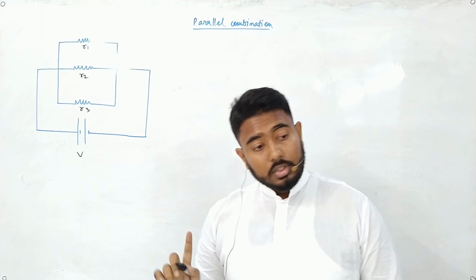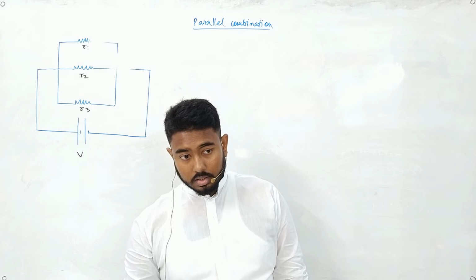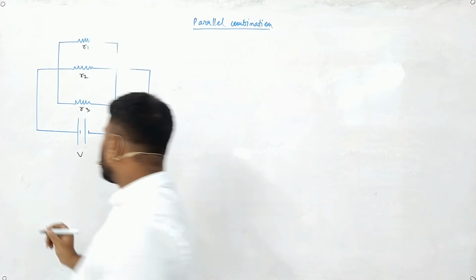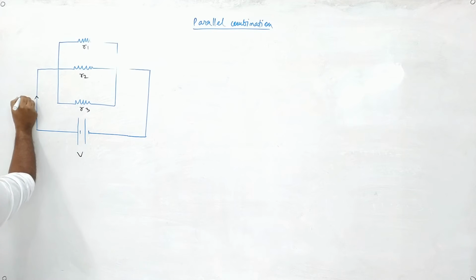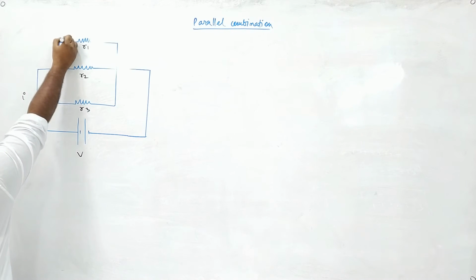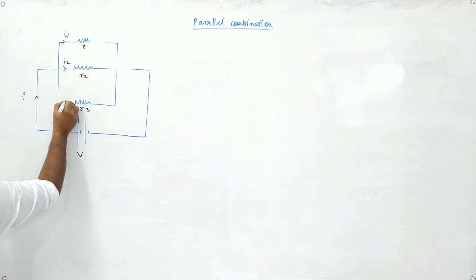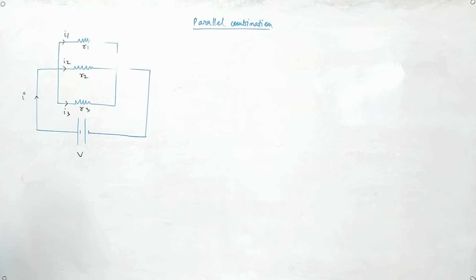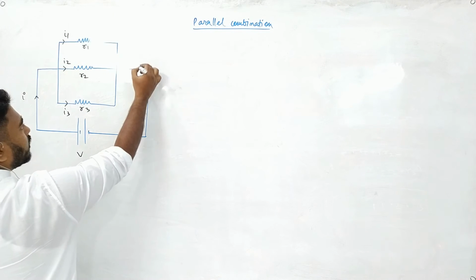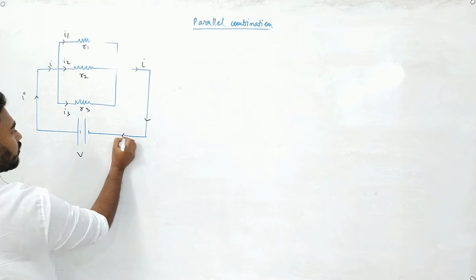Okay, what did I tell you in this case? The voltages will be same, right? What will happen to the current? It will change. Suppose a current of I is coming out from the battery. On reaching this portion, this will be I1, this will be I2, this will be I3. So the currents have branched out. Now they again join here and I current is flowing. Is that clear?